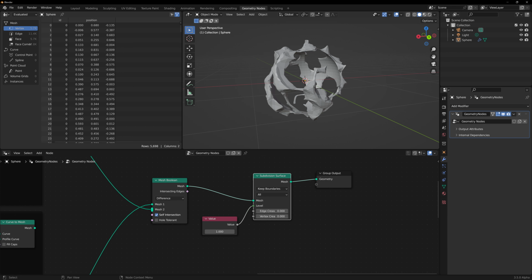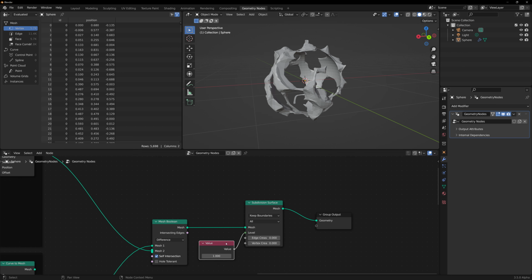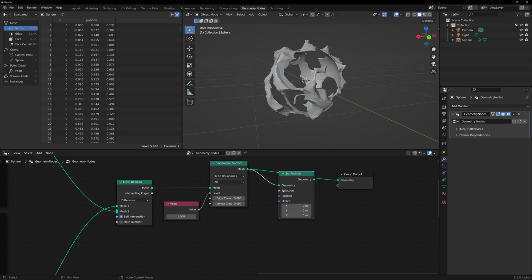Now, after that subdivision surface, what we're going to end up doing is, again, doing a set position node, and we're going to offset some vertices or faces again, but this time we're only going to do it for the edge, so that the edge of the damage has more breakup and more variation. So we'll do a set position. For the selection of where we're going to be changing the position of, we'll use the intersecting edges only. So the intersecting edges from our mesh